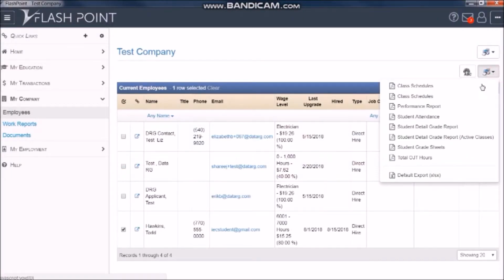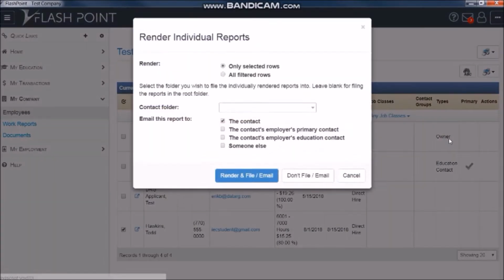The next report is the Student Detail Grade Report Active Classes Only. This will only show the active classes they're currently attending or classes that we've left open for some reason as active. So in this particular report,